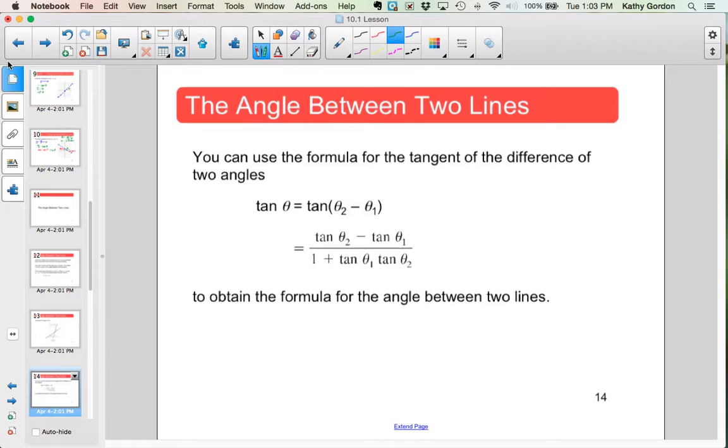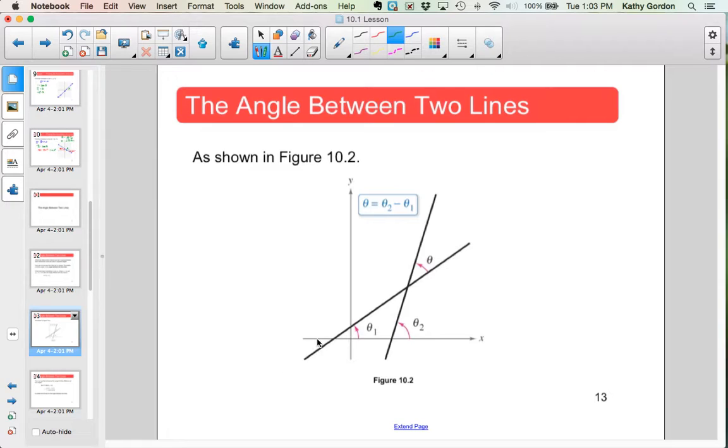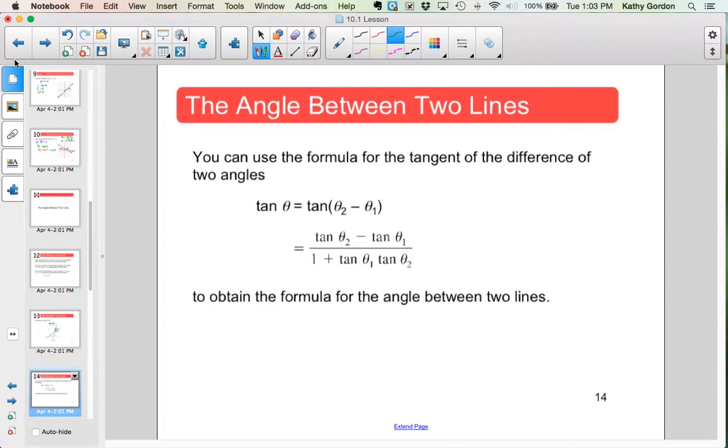basically comes from taking the tangent of both sides of our equation we just said back here. Because we just got done saying this theta I'm interested in is simply the difference of these two inclinations, right? So if I take the tangent of both sides, that should still be equivalent, right? Just like squaring both sides, just like adding 5 to both sides. If I tan both sides, it's still an equation. They're still equivalent to each other. Okay? So using that idea for a second,